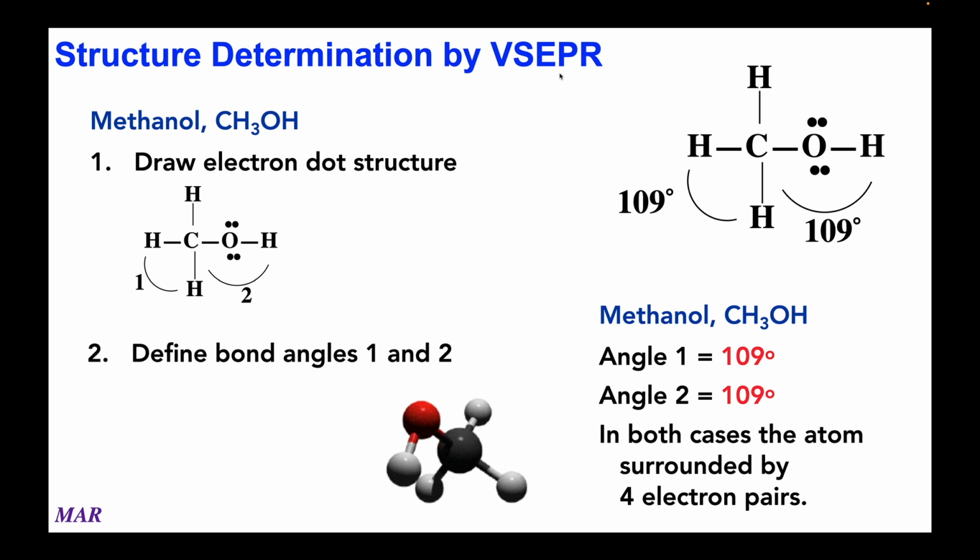geometry. So that little animation there shows a better representation of what methanol is. And you can see there's kind of cool angles, all about 109 degrees. It doesn't look anything like the Lewis structure, but the Lewis structure can be interpreted to figure out what the molecule looks like. So that's kind of a cool thing about VSEPR. It allows you then to visualize, at least in your mind, what the molecule would look like in the real